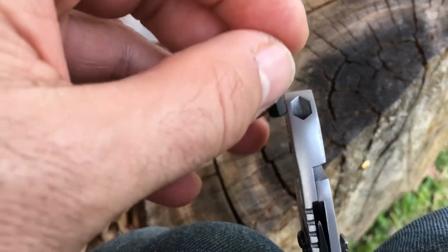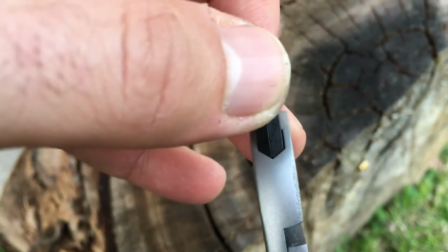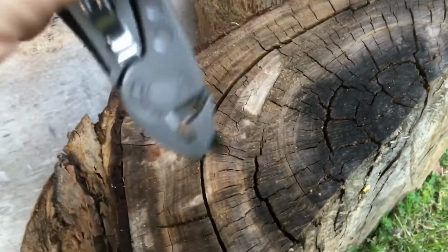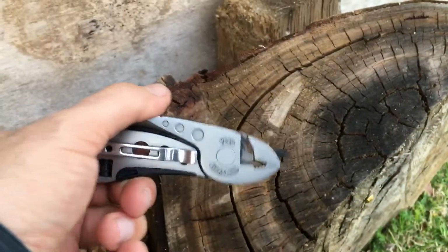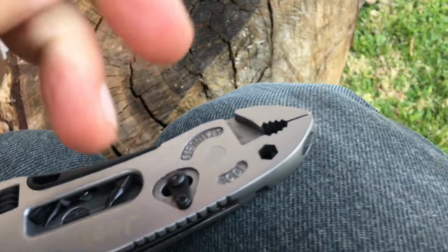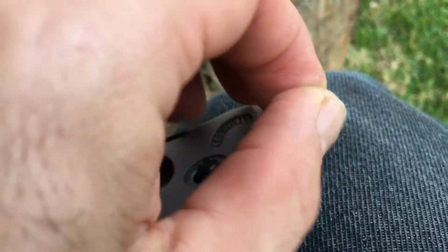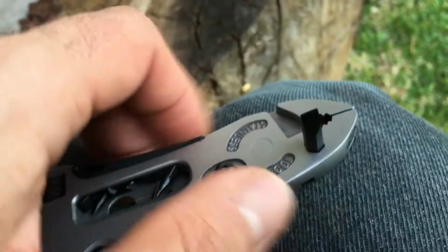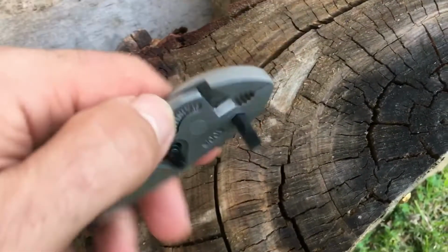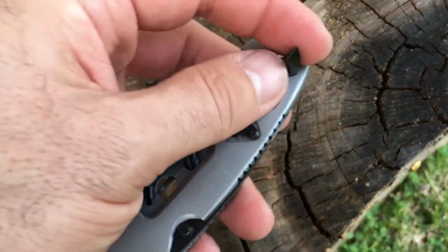over here, it's magnetic. When you put it in, you feel that magnet suck it in, and then it's not going anywhere, it's stuck in there. The other one right there, so it's not magnetic, but it also sticks pretty nicely and it doesn't fall. Okay, so I saw it,